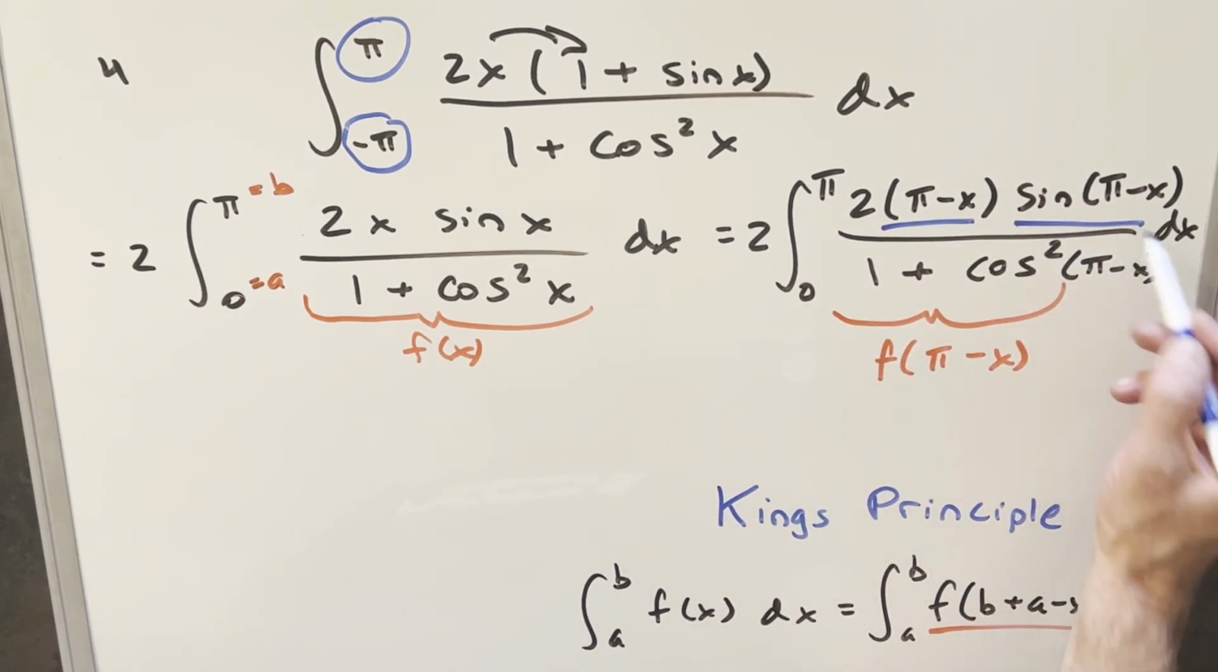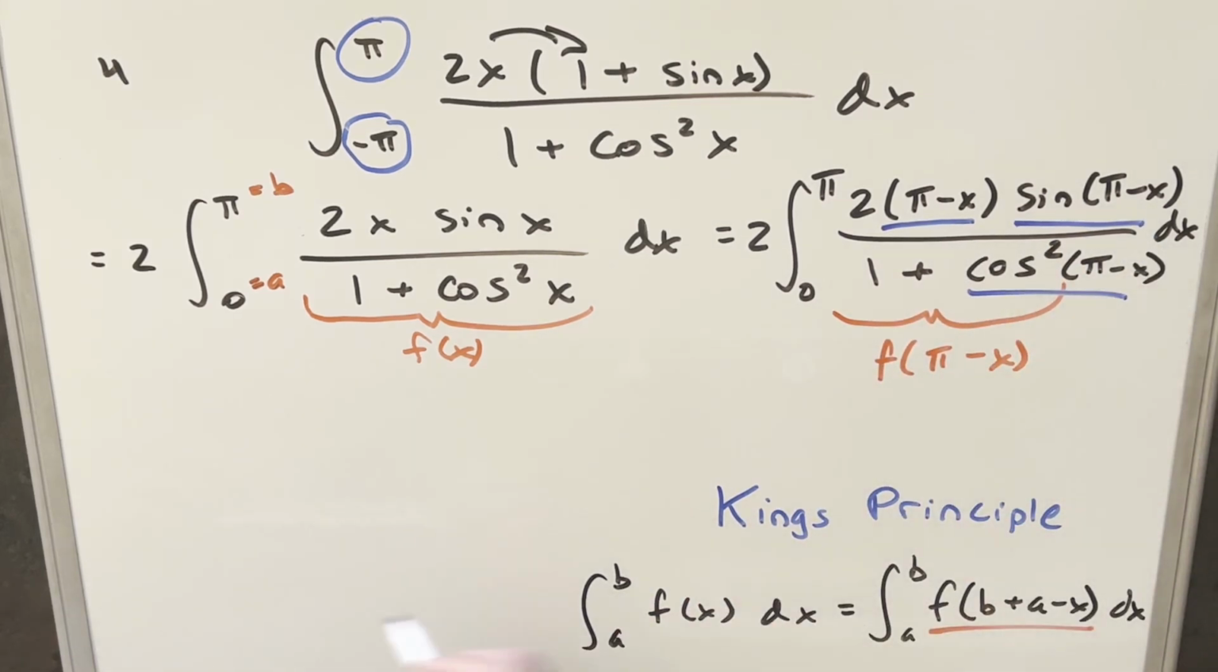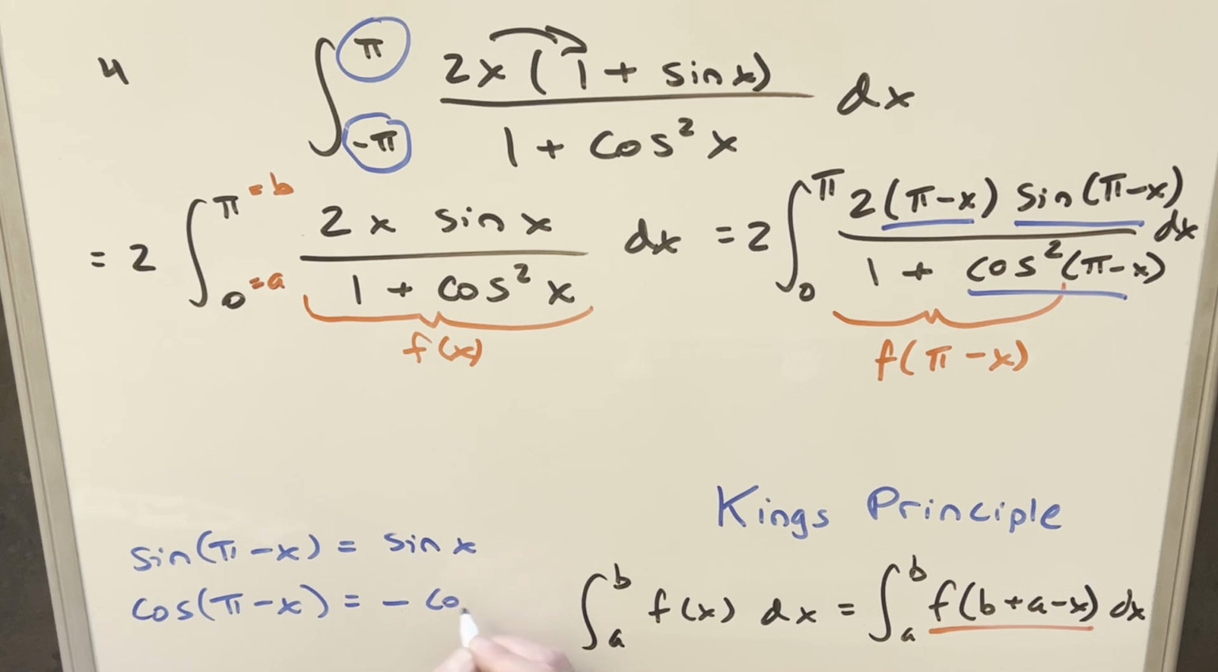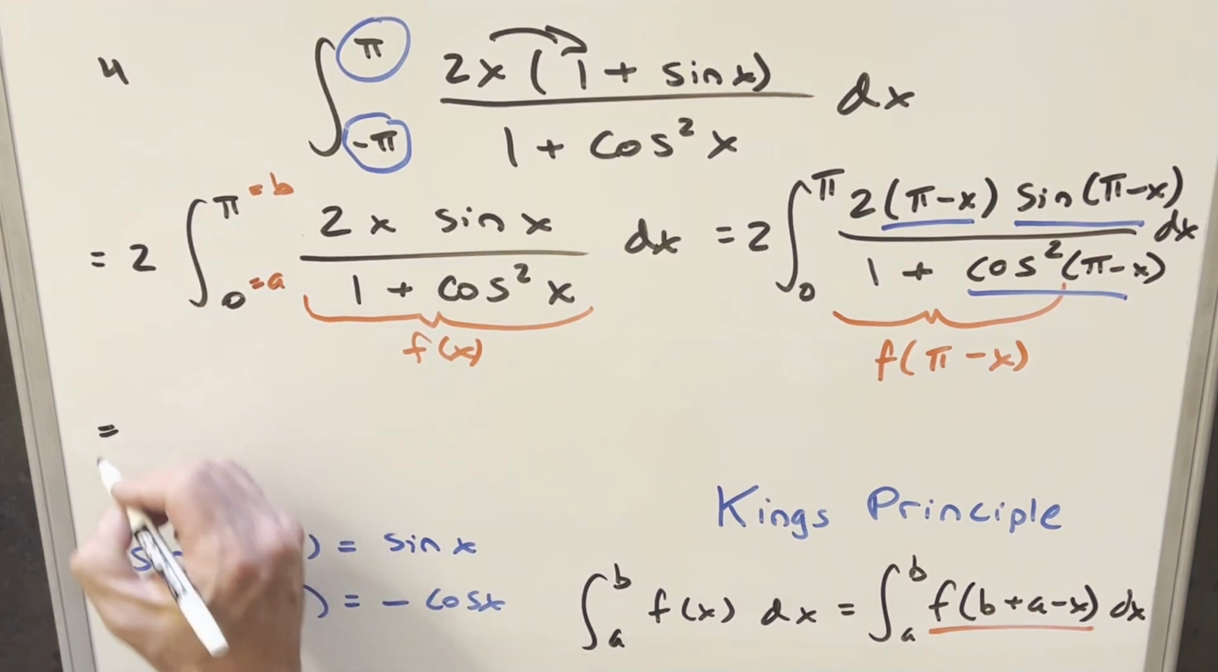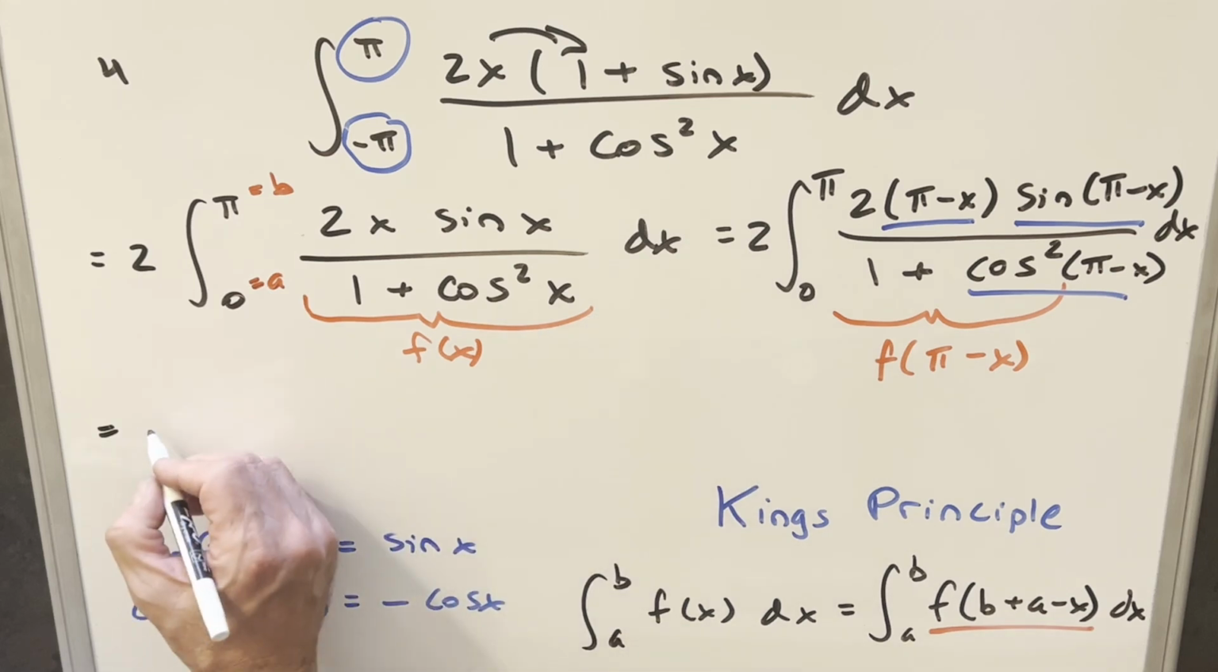But for sine of pi minus x and cosine of pi minus x, we have the supplementary angle formulas. For sine of pi minus x, that's going to be the same thing as sine of x. And for cosine of pi minus x, this is going to be the same thing as minus cosine x. So when I rewrite this, first I'll take this 2 and bring it outside, so I'll have a 4 now